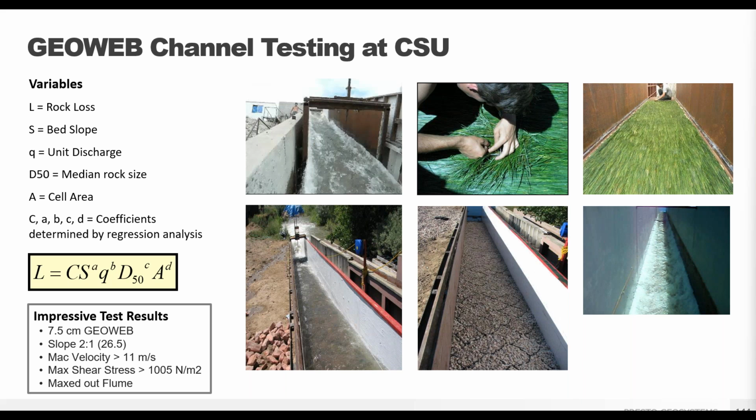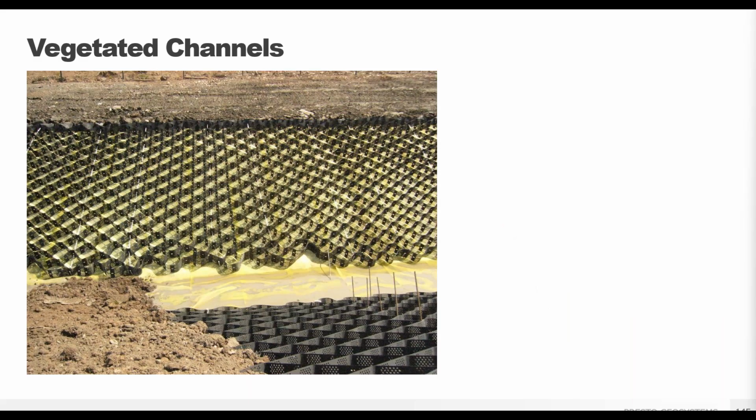Let's dig in with some technique tips for each, starting with vegetated channels. Here's a technique tip for using the GeoWeb system along channel side slopes. Notice how the panels just cover the sides, not the channel bottom. The GeoWeb panels will allow for vegetation growth up both embankments, which will not normally be underwater.